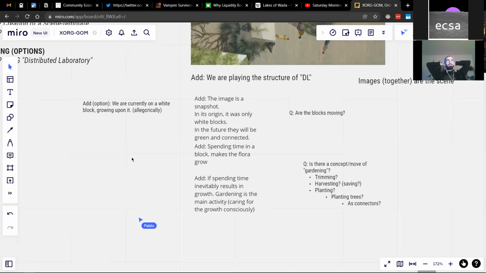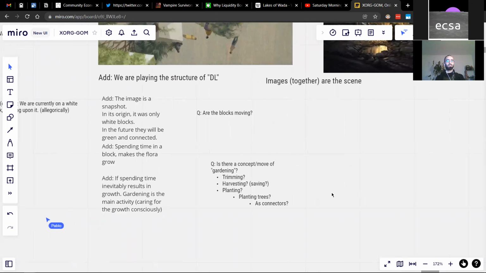I also thought there is growth, but then there is the specific growth of planting trees, which is towards building connections. Yes. It's a very specific move to plant a tree. Yes. That's actually something that could be added. I can add it, because I have a move after that. Maybe I can start it while you're doing that.